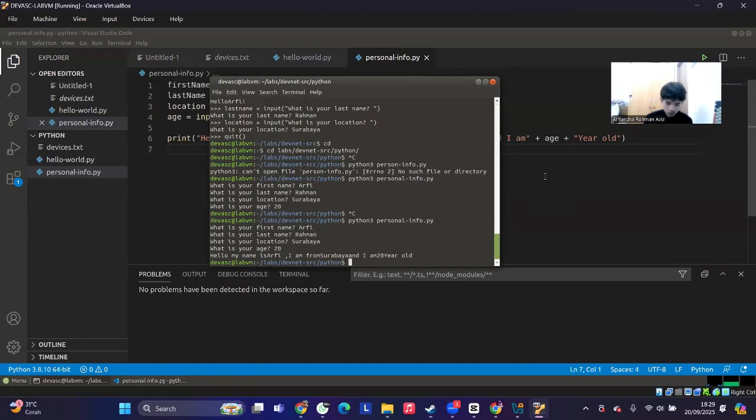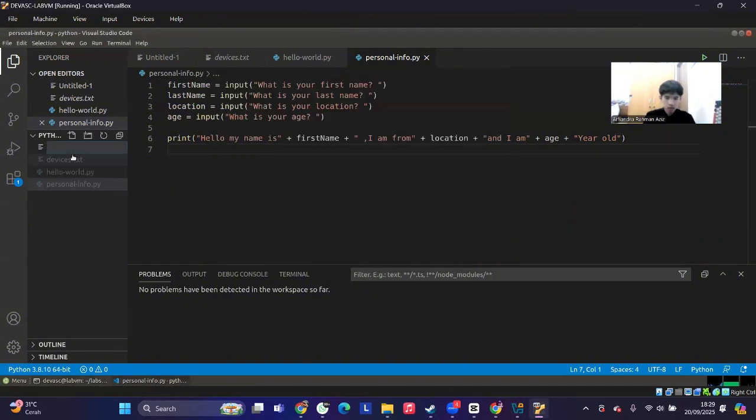Okay, so the next is I will review the if, for, and while functions. I will create another file named if_vlan.py. Okay, one second.